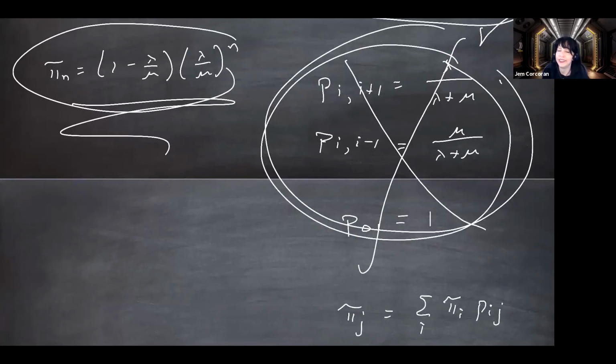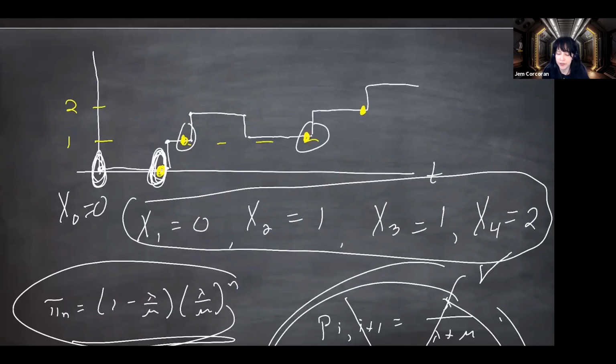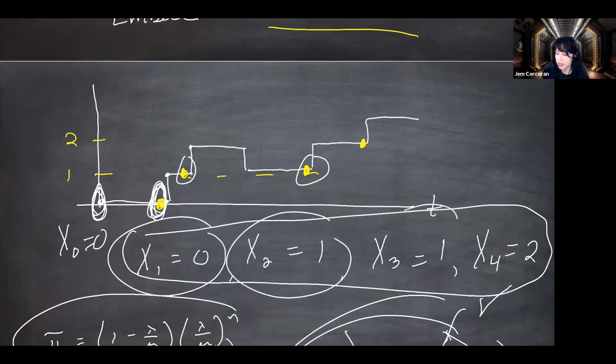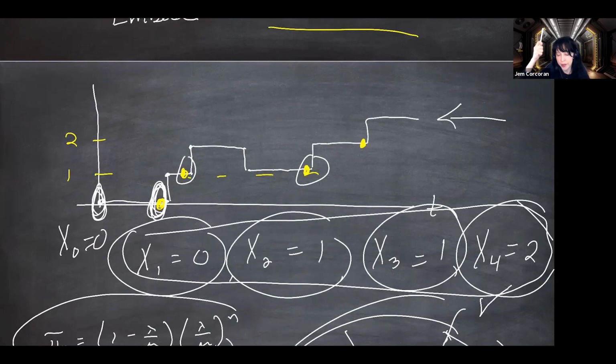So PASTA, Poisson arrivals see time averages, means that for the purpose of simulation, you could not really worry about time at all, and you could simulate this process. And if the process corresponds to where this process is just prior to each arrival jump up, then PASTA says it has the same stationary distribution. So if you're trying to simulate it to find the stationary distribution, you can ignore continuous time, which is awesome.